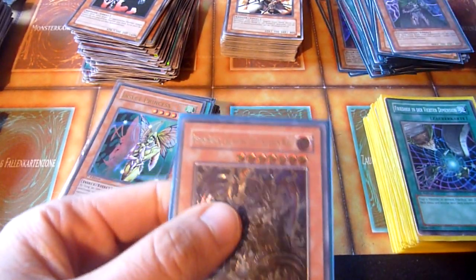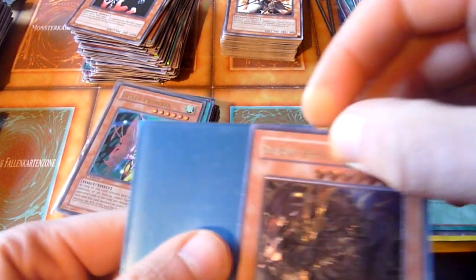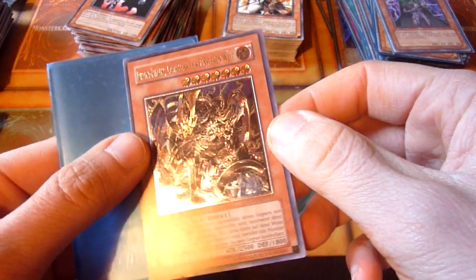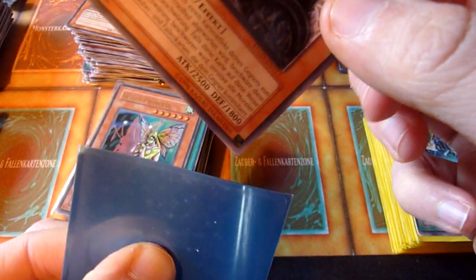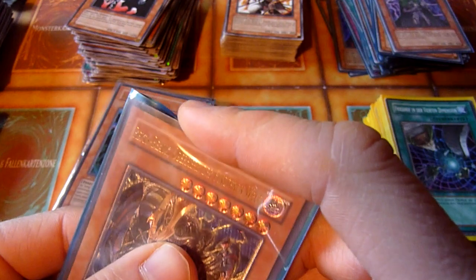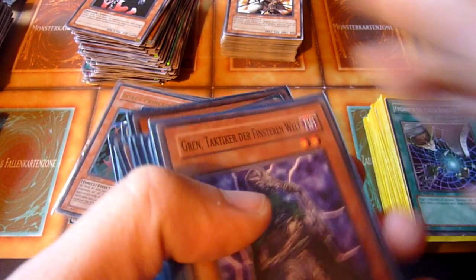And one ultimate rare, which is Rainbow, Overlord of Dark World in German. Check out that condition. That's also one of the better preserved cards in this collection. I said earlier, most of them are somewhat played, but this one is nice. The Rainbow Dark Dragon is decent as well, and there will be some other goodies towards the end that are